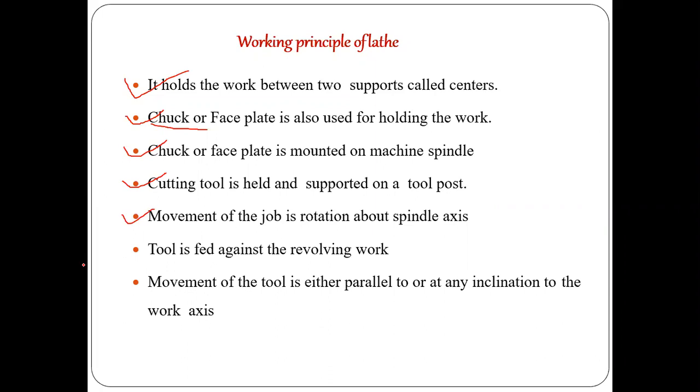Initially when you're keeping it here, you're removing the material only in this particular position. As it goes on moving, you're removing the entire surface of material. Otherwise, if you're keeping it only here and not giving feed, what happens? Your material is removed only at this particular position. In the remaining positions, you cannot remove the material. To remove the material, what do you need to do? You need to move this cutting tool parallel to this one, like this, it has to move. So that only is happening.